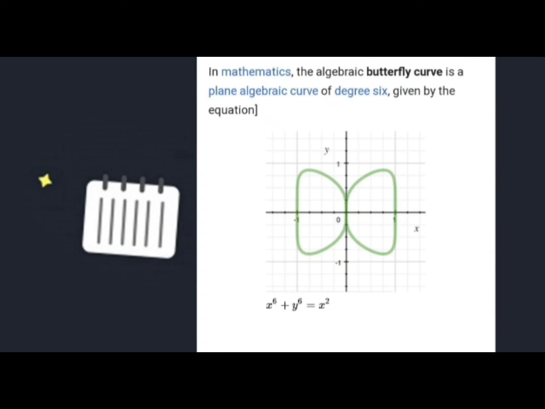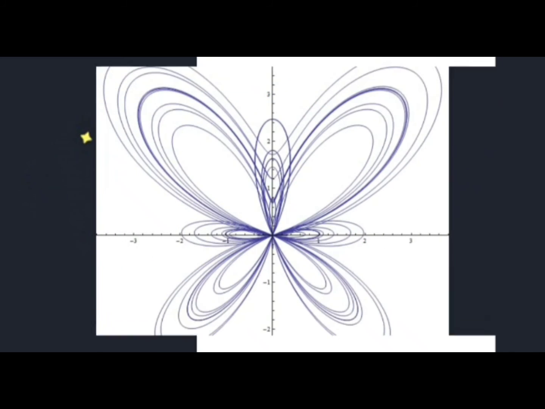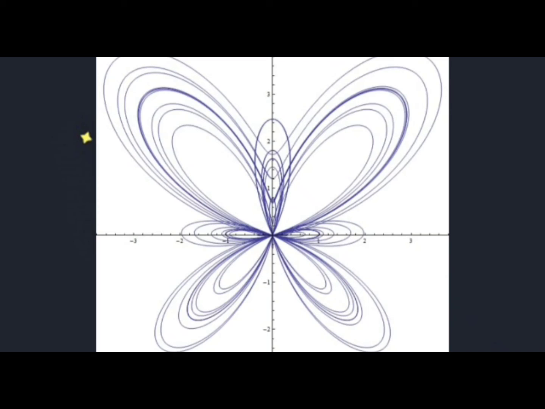In mathematics, the algebraic butterfly curve is a plane algebraic curve of degree 6. It is given by the equation x raised to 6 plus y raised to 6 is equal to x squared. Examples of butterfly curves: